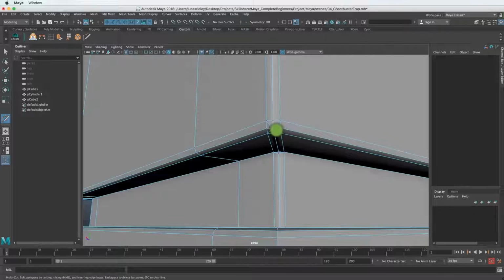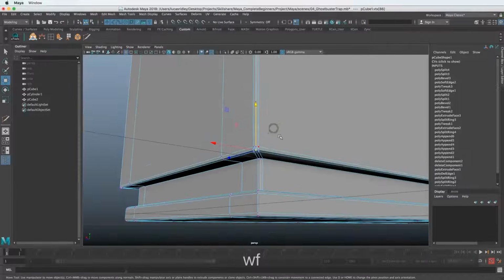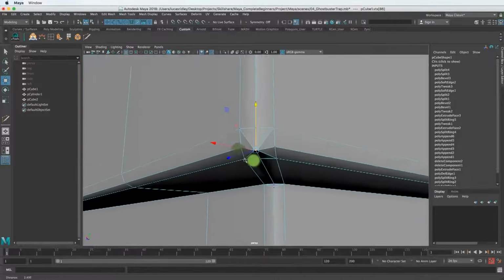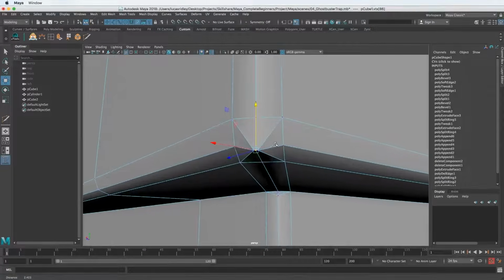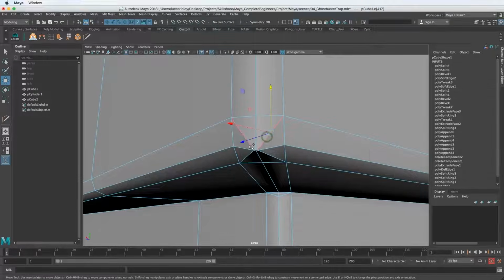If I go to the vertex mode and zoom in, I can hit F to have something to focus in on. We're so close to it that it's kind of hard to see. Let's go to the edge mode, and let's delete these edges that we don't need.